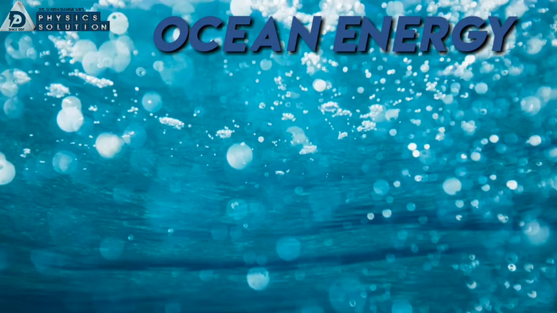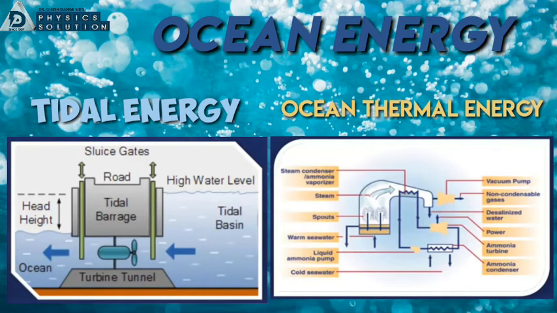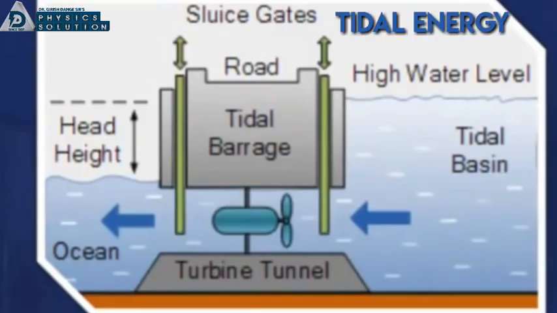Now students, we will discuss ocean energy. There are two types, tidal energy and ocean thermal energy, from which we can get electric energy. Now students, the tidal energy power plant. We know how tides are formed. The periodic rise or fall in the water level, occurring twice in each lunar day, is called tides. High tides generally occur on new moon day or full moon day. Otherwise, there are low tides.